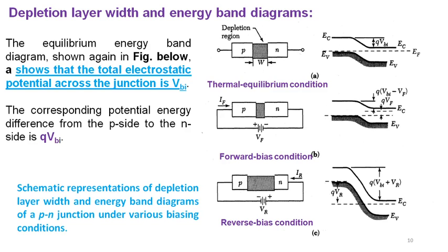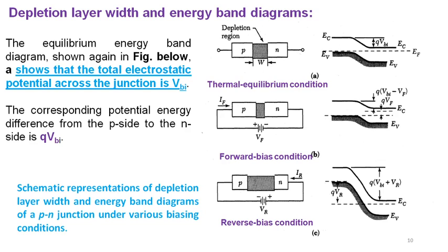If we see the equilibrium energy band diagram, which is shown here, in the thermal equilibrium condition, as we studied previously, there is band bending in the potential, that is qVbi here, which shows the electrostatic potential across the junction. But when we have a forward bias condition and reverse bias condition, in which forward bias is positive voltage to the P